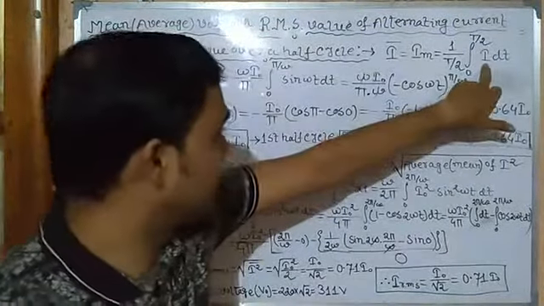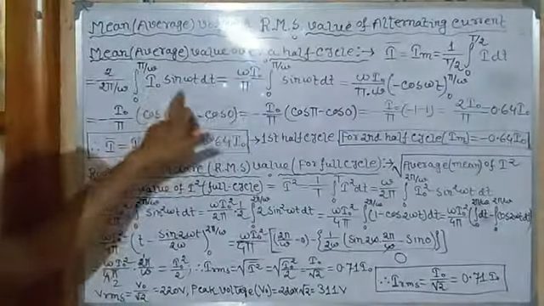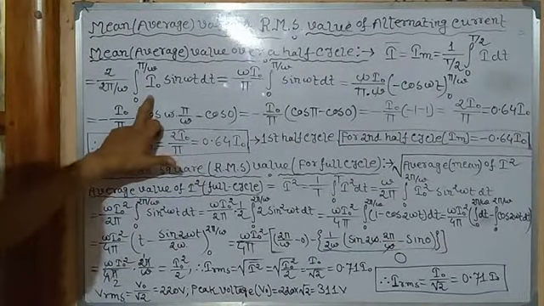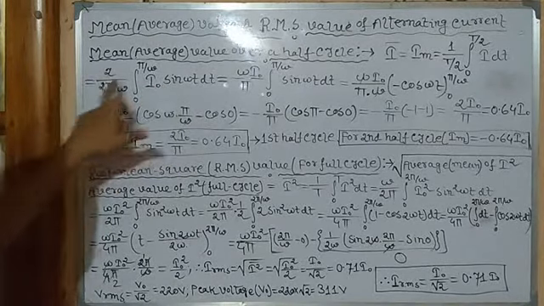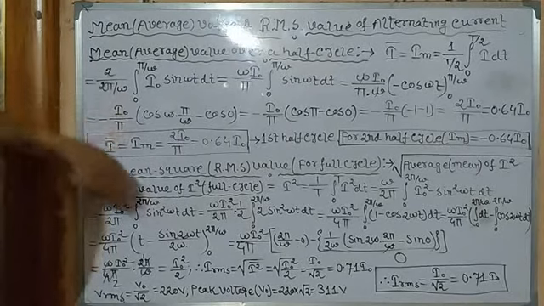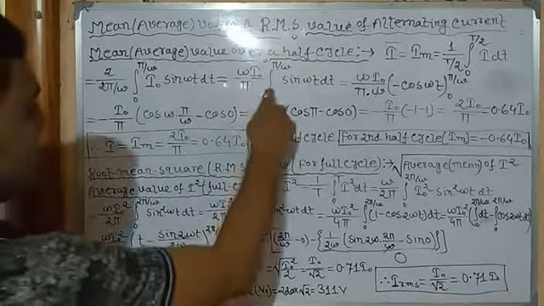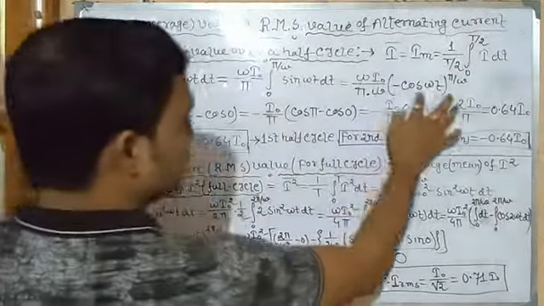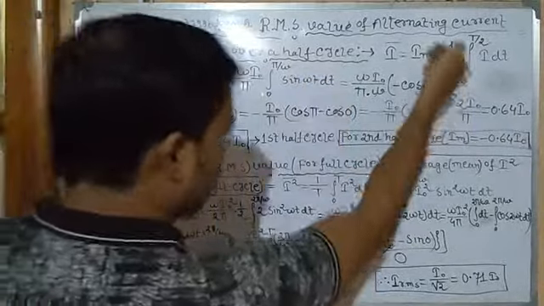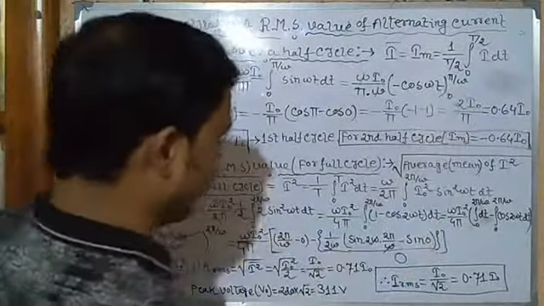Then what is I? We have already learned that the equation of alternating current is I equals I0 sin omega t, with dt. What is I0? Its peak value. I0 is a constant, so it comes outside. Omega in the denominator comes up to the numerator, so omega by pi times I0. Now the integration with limits 0 to pi by omega of sin omega t dt. The integration of sin theta is minus cos theta, so here it is minus cos omega t divided by omega, with limits 0 to pi by omega.